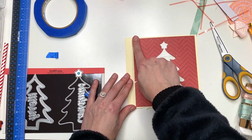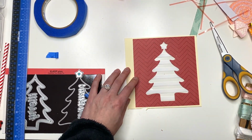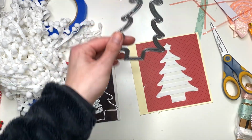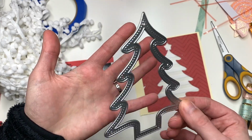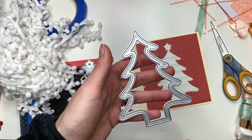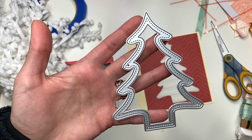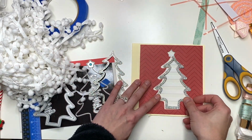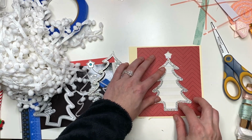I'm probably gonna add some pearls or something here, and then like a pom-pom trim down here. I am gonna cut this piece out in some silver because I'm using silver glitter cardstock with this album. I'll be right back and I'll cut this out twice. Okay, so I'm back and I cut out this outline piece twice, and this is just gonna go right here,